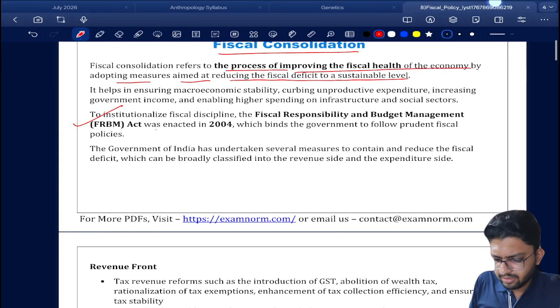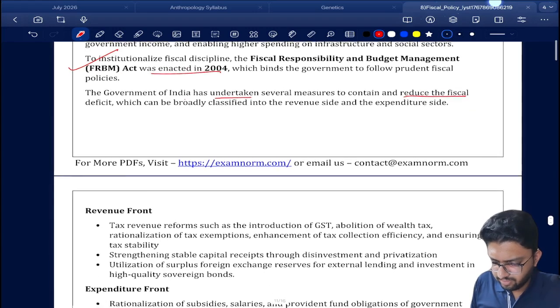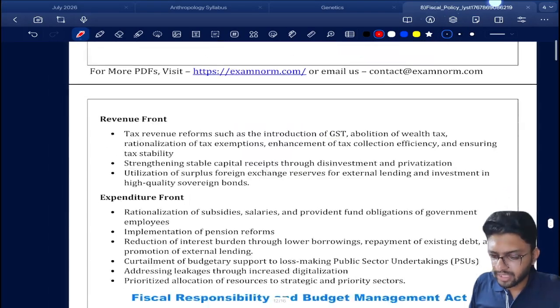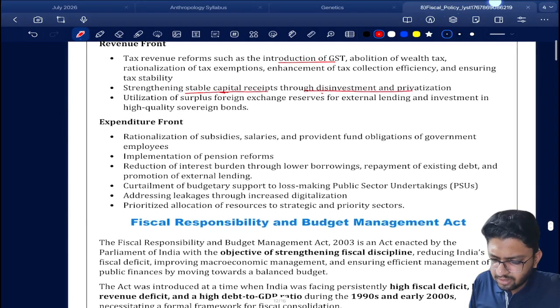FRBM Act was enacted in 2004. The Government of India has undertaken several measures to contain and reduce the fiscal deficit, which can be broadly classified into the revenue side and expenditure side. Okay, revenue front: tax revenue reforms such as introduction of GST, strengthening stable capital receipts through disinvestment and privatization,